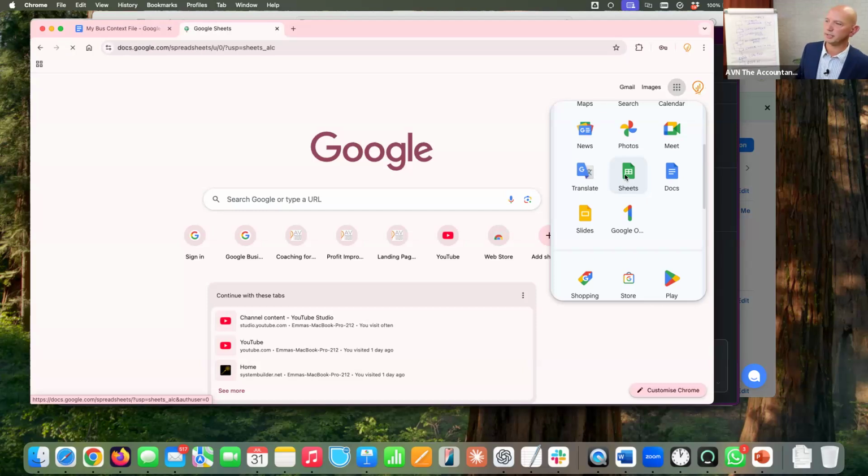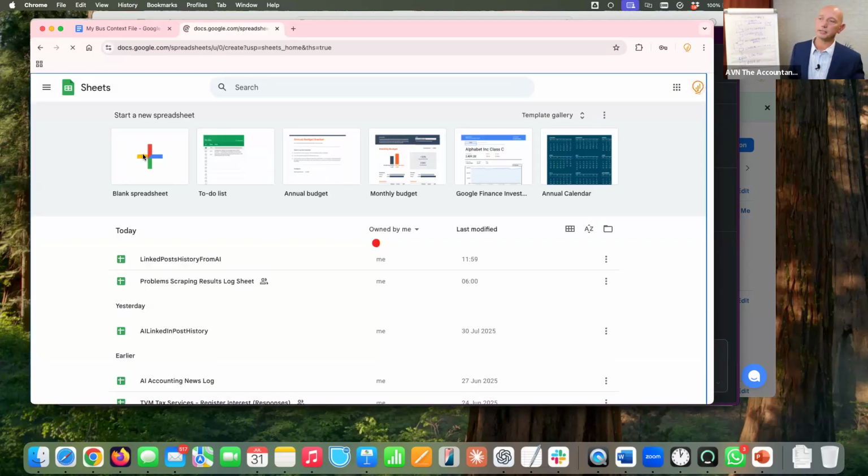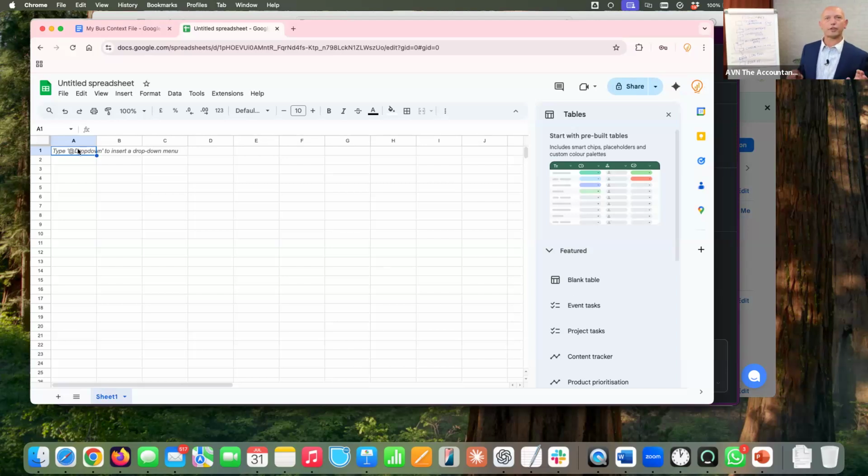So if I go into my Sheets, I'm going to create a new sheet. And what I want, for the benefit of this flowchart, is for it to remember the previous post. So I might have just three columns: dates of post, the post, and what I want to do in my post is have a call to action. That call to action might be send me a direct message. It might be check out my LinkedIn profile. It might be put a comment in the box or something like that.